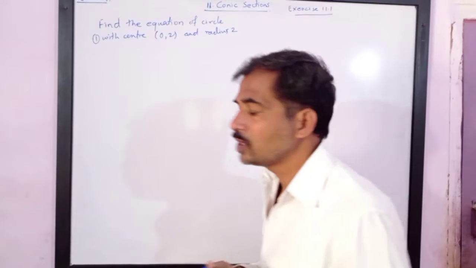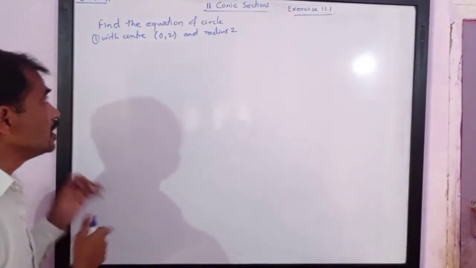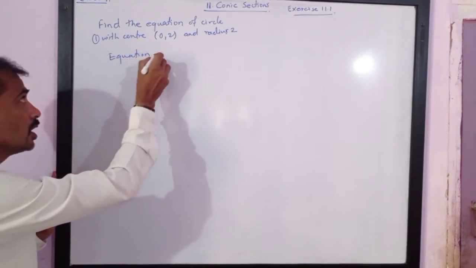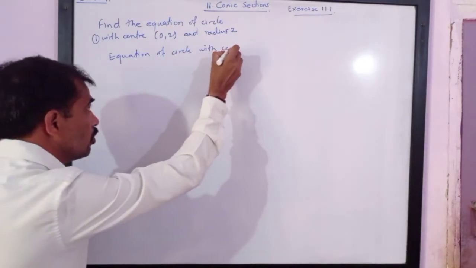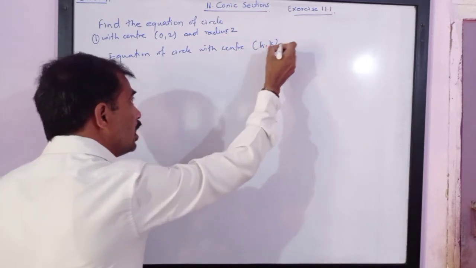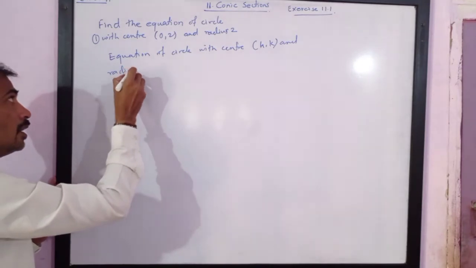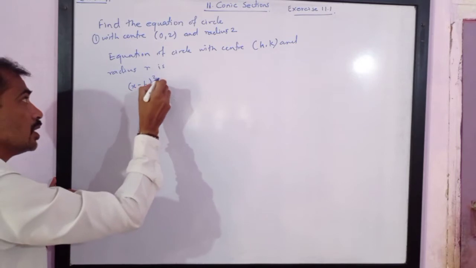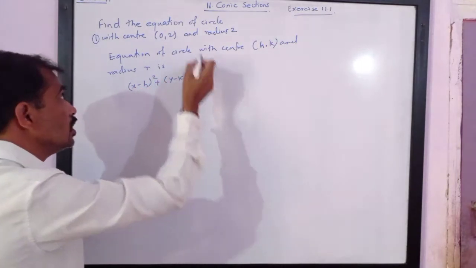Now we know the equation of circle with center (h, k) and radius r is (x minus h) whole square plus (y minus k) whole square is equal to r square. So this becomes,